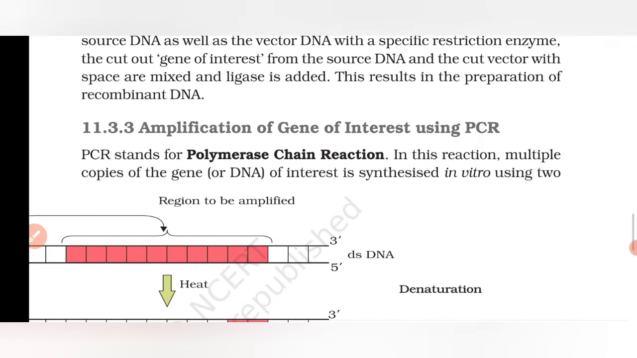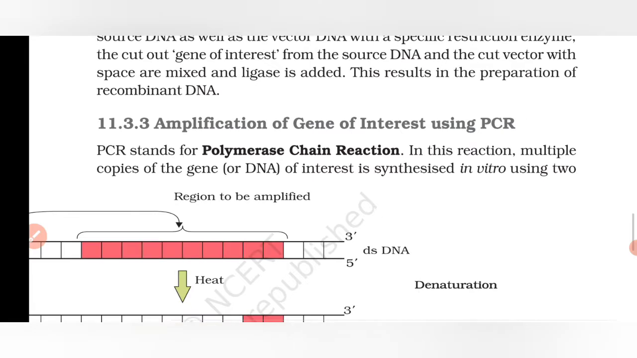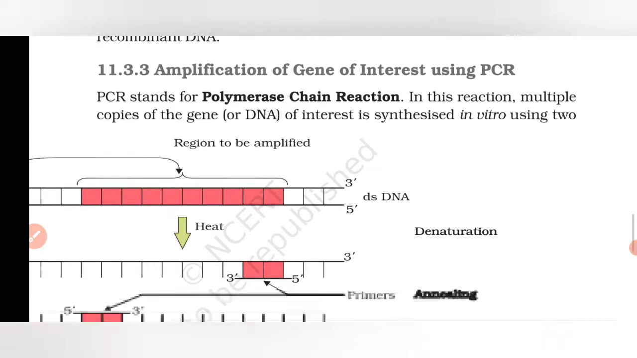Now amplification of the gene of interest using PCR. PCR stands for polymerase chain reaction. You must have heard about the RT-PCR during the COVID. So this is a similar kind of thing. That is PCR, polymerase chain reaction. In this reaction, multiple copies of gene or DNA of interest are synthesized in vitro. In vitro matlab in the laboratory outside the body is called in vitro, using two